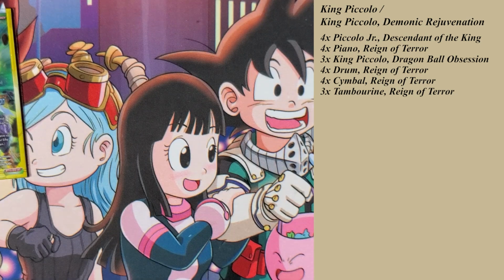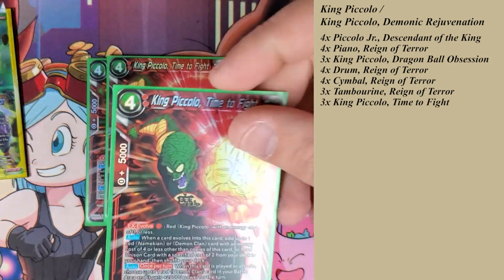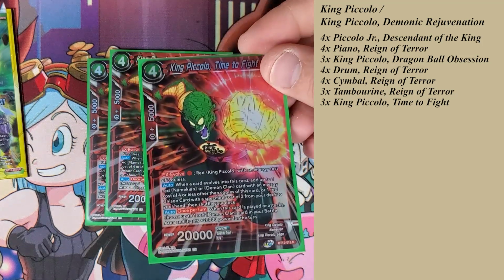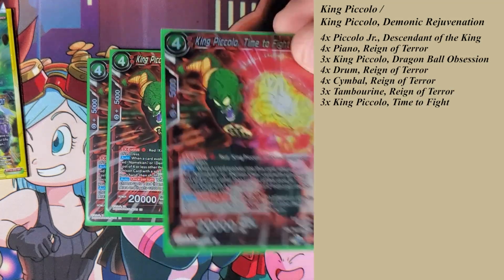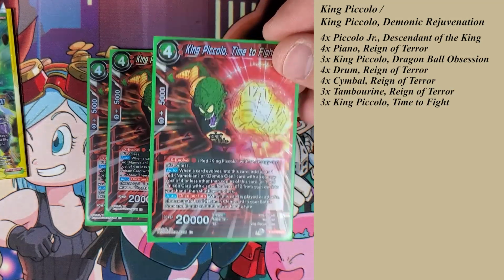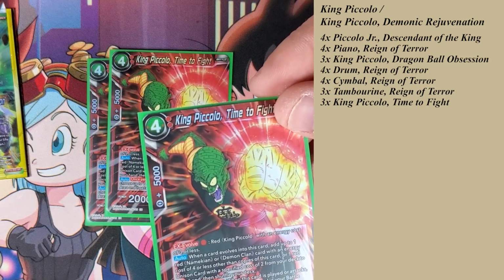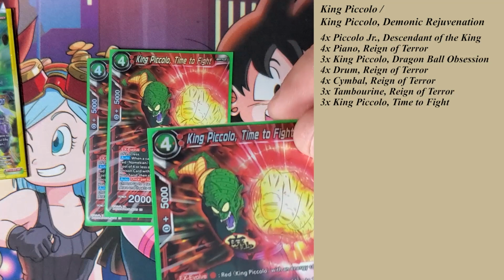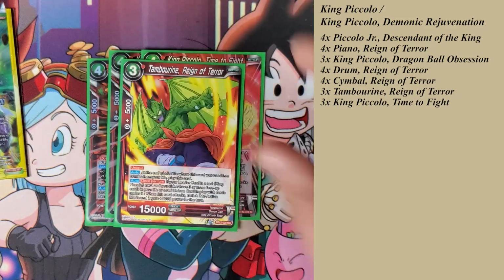Speaking of the pump up effect, we do run 3 of the King Piccolo Time to Fight. When a card evolves into this card, which is going to be the 1-drop Piccolo that we talked about earlier, you get to search your deck for a Demon Clan or Namekian or red unison with specified cost of 2 and add it to your hand. But then when this card is played or when this card attacks, you get to choose one of your battle cards, and it gains 20,000 for the turn. So it's an absolutely fantastic way to bump up the Tambourine to utilize with the